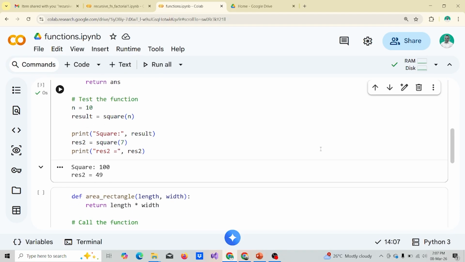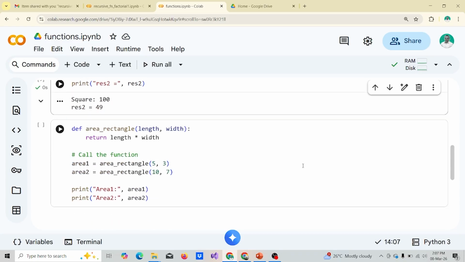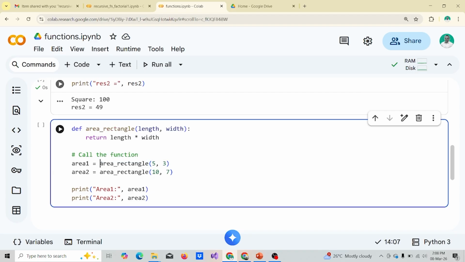So it has come. Let me give you another example. Here I am having a function called area rectangle. It is having two parameters, length and width. So when I call this function, what happens? This is the function definition, this is the calling part. I am calling it by area rectangle. So then what happens is